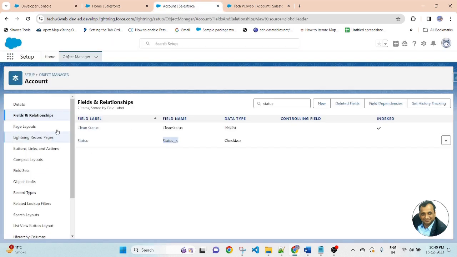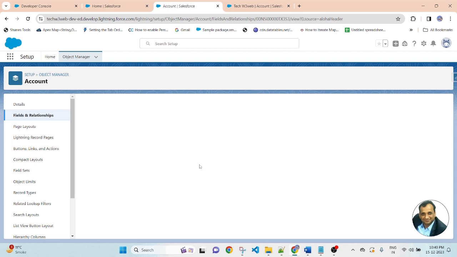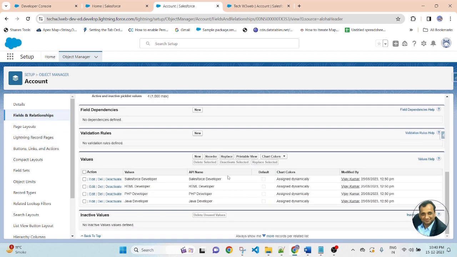Go to setup and search developer. Developer is a picklist value, so I will pass the same value that is defined in Salesforce. The picklist values are Salesforce Developer, HTML Developer, PHP Developer, and Java Developer.